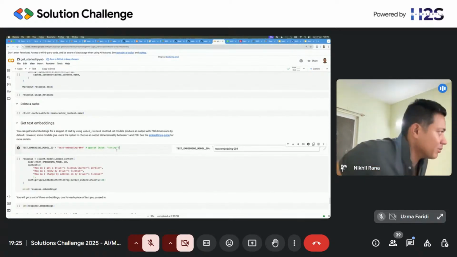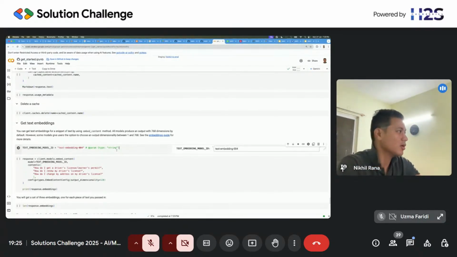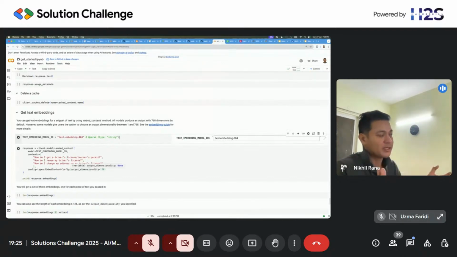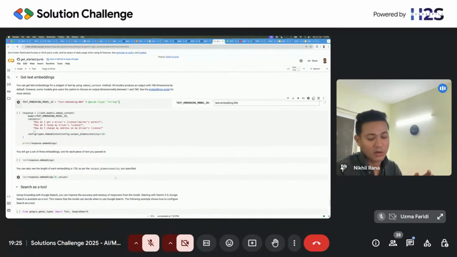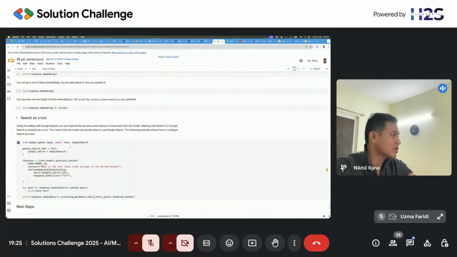This is the embedding model, again, nothing related to Gemini 2.0 Flash. This embedding model we already have. You can create numerical representations of the text. Mostly this is used in RAG kind of applications where you have a vector database where you have indexed and stored the embeddings of your text from which you want to retrieve answers, and then use this model to do some sort of semantic search on top of it. The last bit on this is